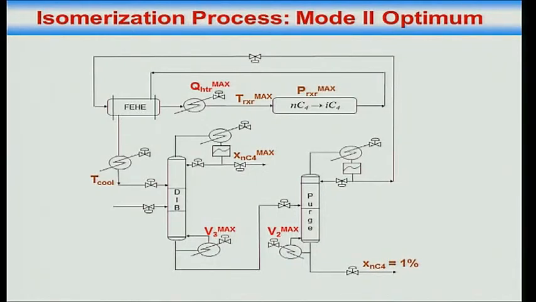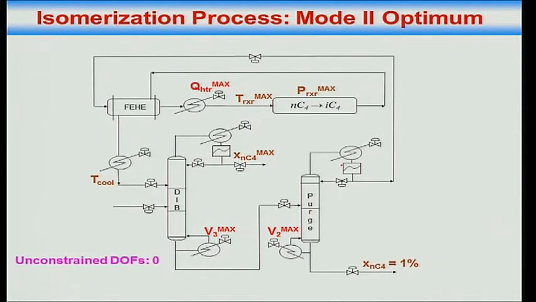Similarly, if I drive V2 to max, see, NC4 is fixed. That constraint has to be active. So if I am maximizing the boil up, what's happening is I am sending IC5 up. Am I sending IC5 up? No. Maybe we'll talk about it once the control system is there. I think it will be very clear.